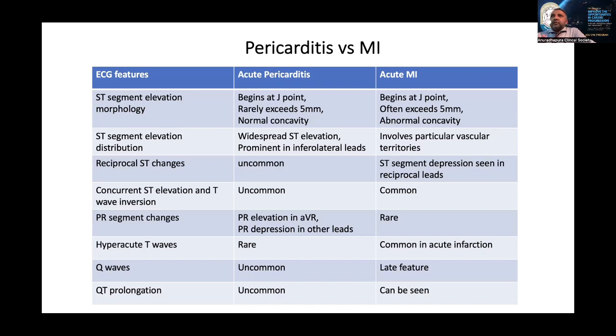So you always have to keep this in mind while interpreting the troponin, because we used to get referrals like this: a scenario coming with chest pain and a positive troponin. What to do now? You have to interpret thoroughly, and before requesting the troponin also, you have to have in mind that you are going to get this kind of troponin, right?